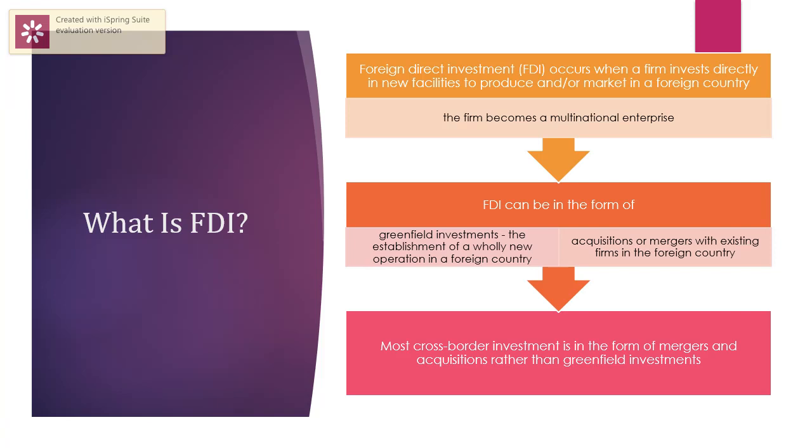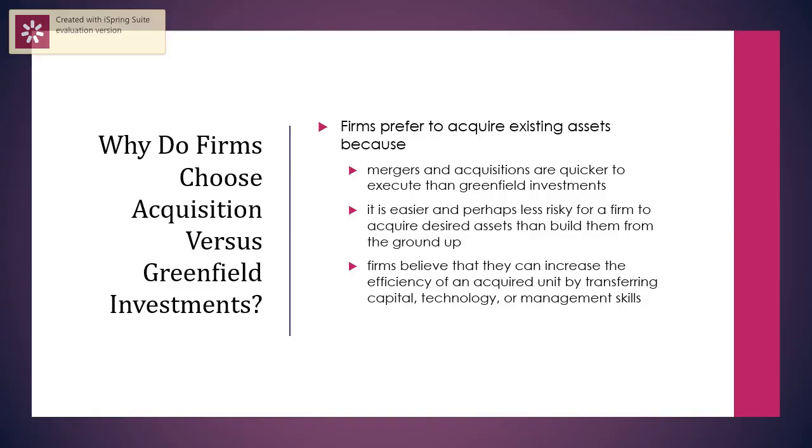As an example, when Walls was coming to Pakistan, they acquired Polka, which was a renowned brand in Pakistan. So, with the help of this, they overcame the fundamental investment concern of greenfield investment. Now, in this slide, we are going to discuss why these companies choose acquisition over greenfield investments.